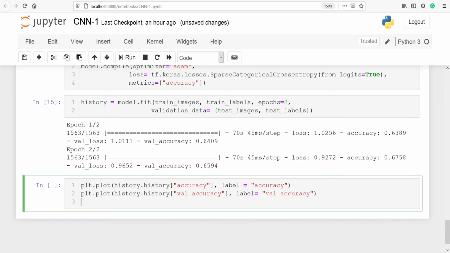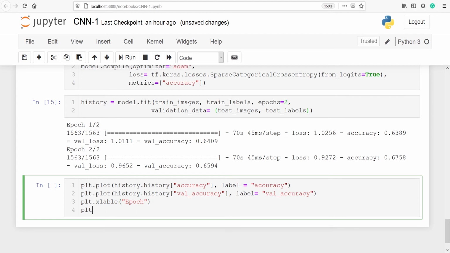On X label, we will have the number of epochs. plt.xlabel, we will have number of epoch. On Y label, we will have accuracy. plt.ylabel. So on Y label, we will be having accuracy.